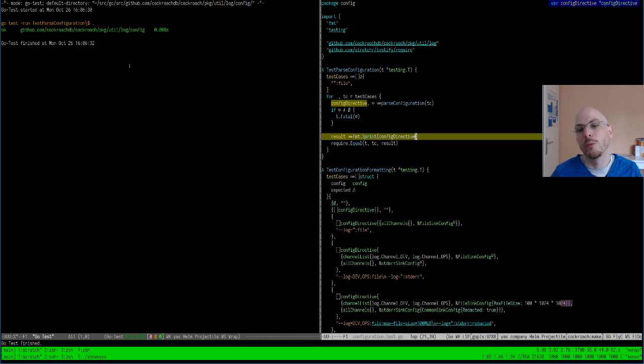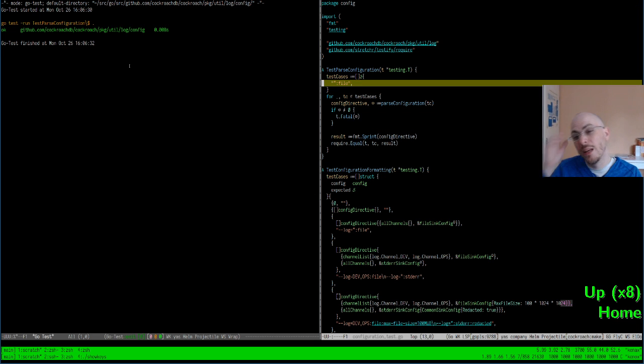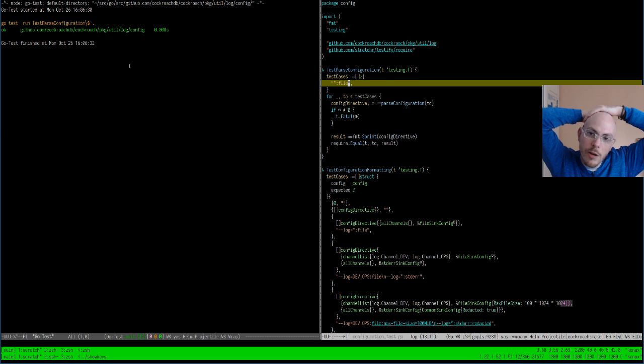Ta-da! What's working here is because my file directive doesn't have parameters, and my parser doesn't recognize parameters, it's not going to parse them. The default printout of no parameters is an empty string, so it works out pretty fine here. I did add some error messages though, and since we have error messages in the code now, we also want to test the error behavior.